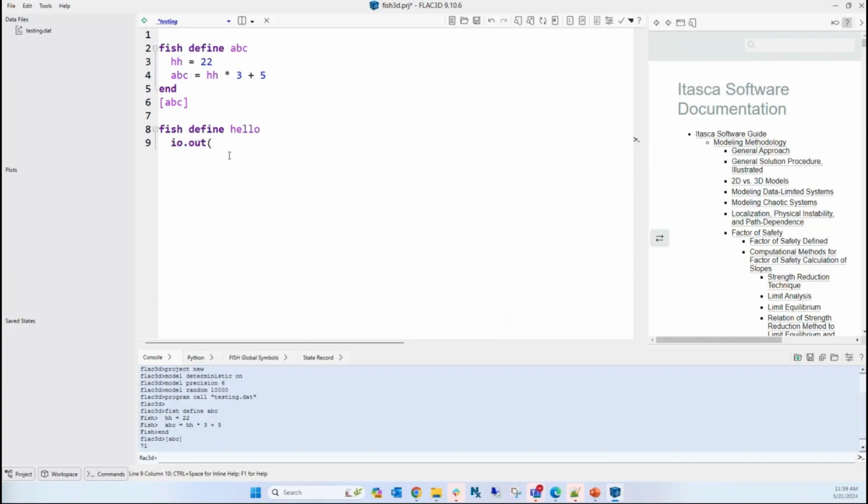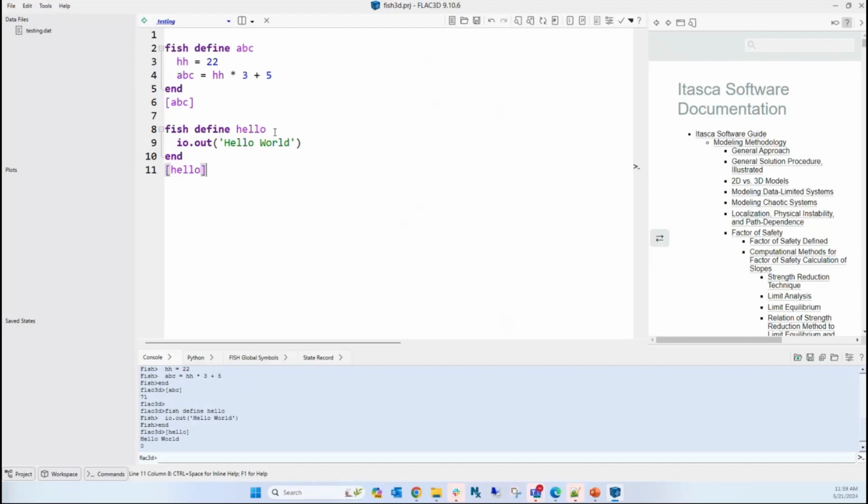io.out. IO stands for input output, and then out means obviously I'm outputting. And then I put a string, and strings have to be in quotes. It can be a single quote or a double quote, it doesn't matter. And I just say hello world. And that's the whole function. And if I say hello in square brackets, it's going to call the function. So if I run this, you'll see it printed to the console down here, hello world,